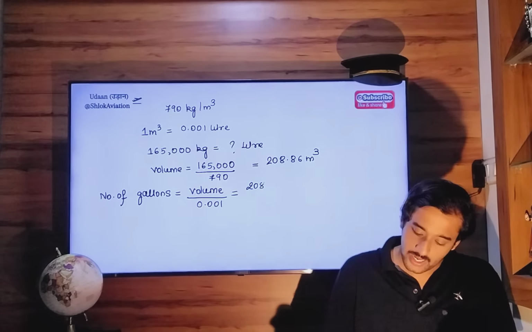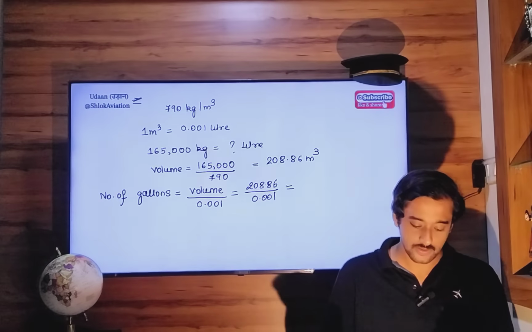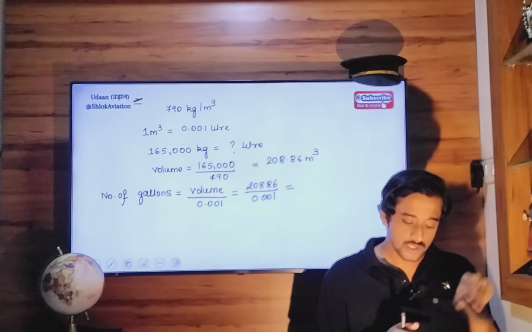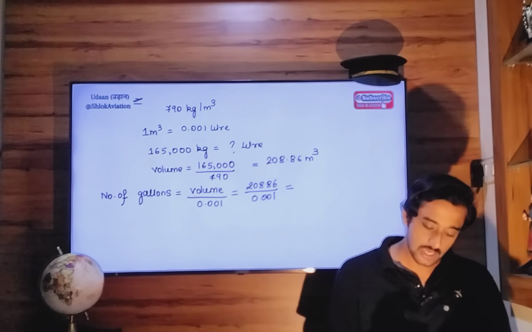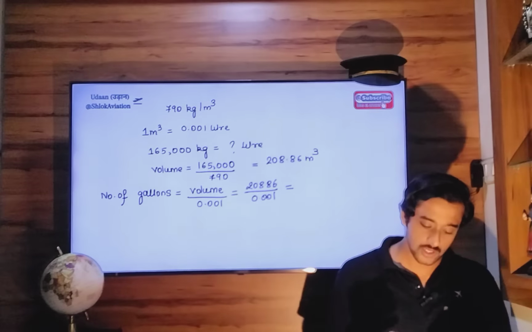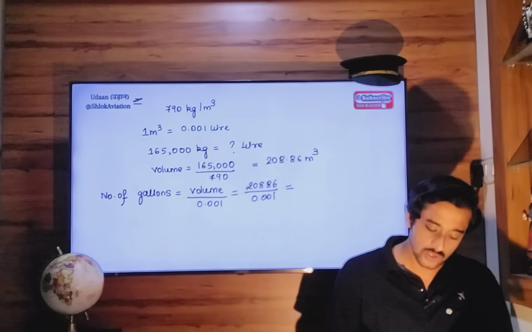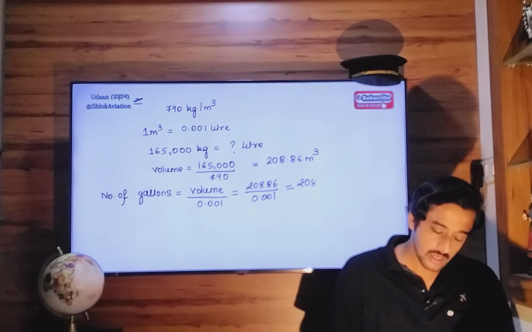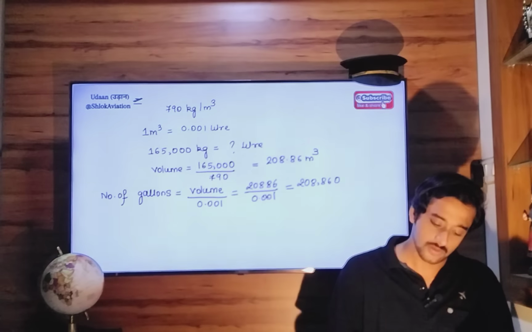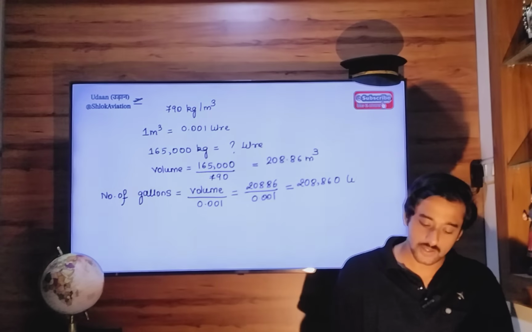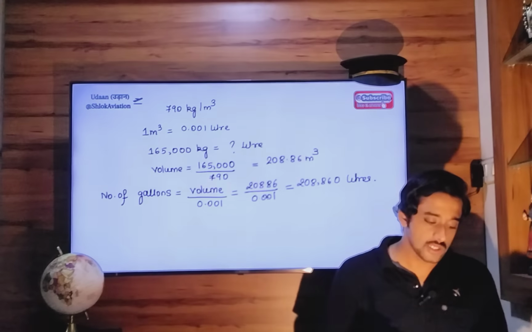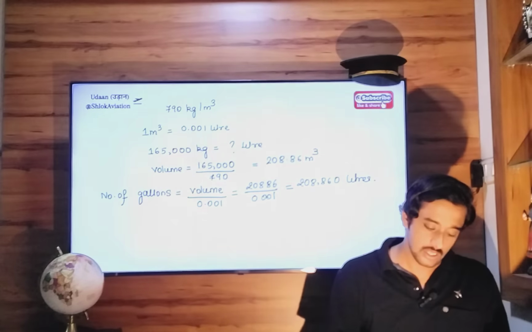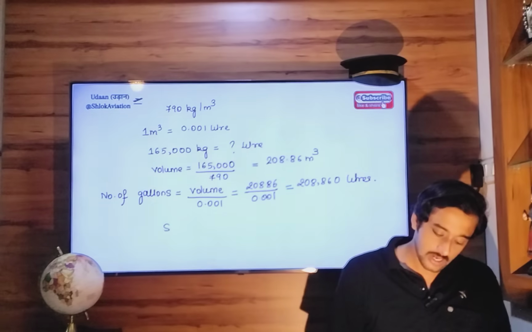So 208.86 divided by 0.001 is 208,860 liters. Okay, 208,860 liters. Specific gravity is